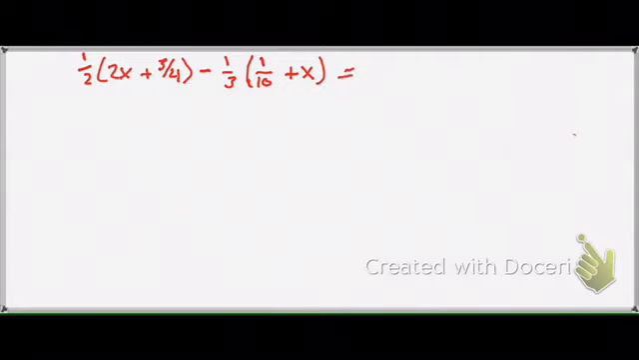So our problem is 1/2 (2x + 3/4) minus 1/3 (1/10 + x) equals 1. So before we can do anything, the first thing we have to do is focus on our fractions